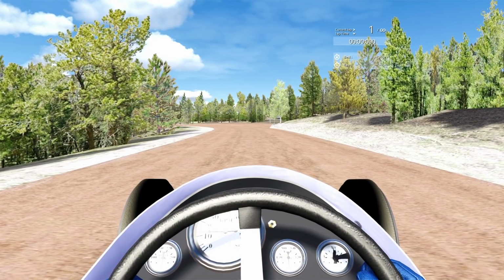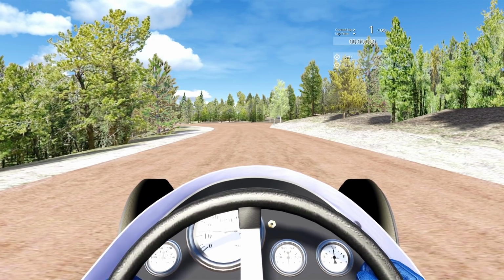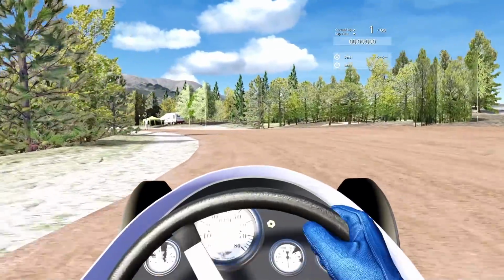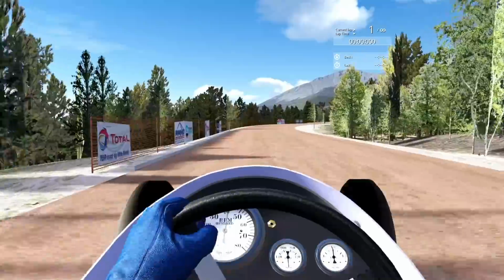All right, so here we are in the car, and I'm actually parked a little bit further back from the start line. Sprint cars don't have a starter in them, so they would get a push start and do a rolling start through the start line. So I wanted to try to simulate that a little bit. I don't have a truck to push me, but see if I can get going from a standing start and get through that start line here. Really long gear, but we'll come around the corner, try to not hit our pit guy here, get under that start banner to get going with our time,